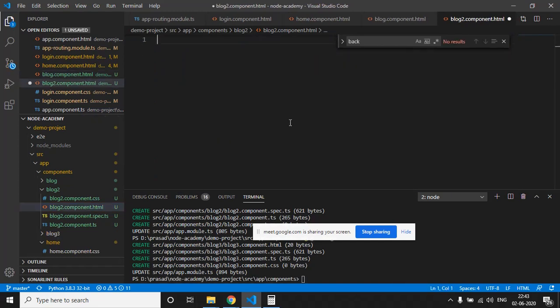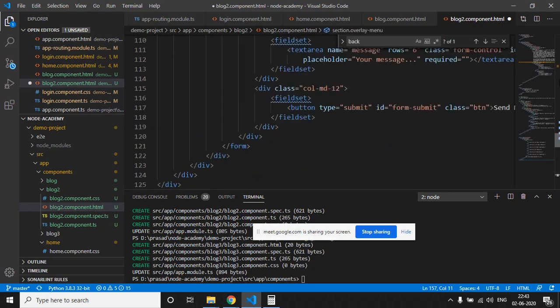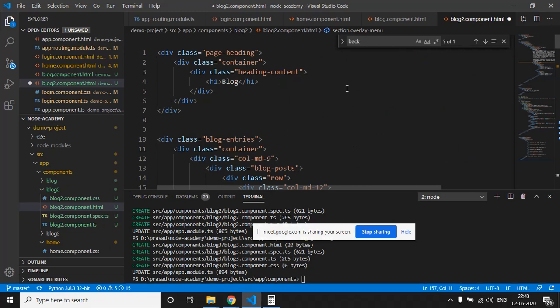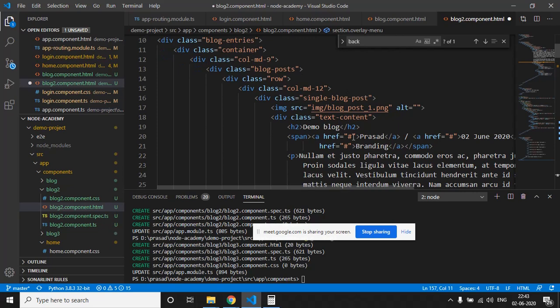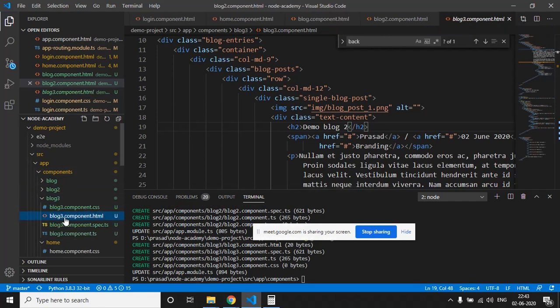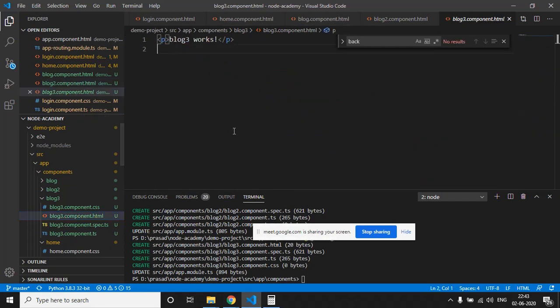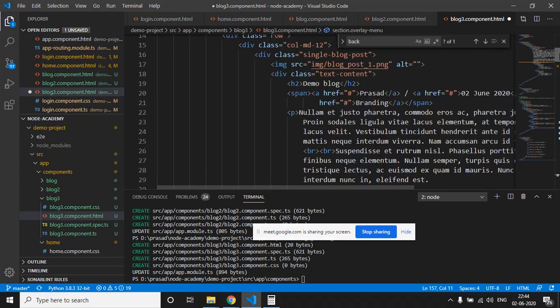You can change it later, but as our time is about to be over, I'll just change the title to demo blog 2, because it is for blog 2. Similarly, I'll do it for blog 3 as well, and change the heading to demo blog 3.